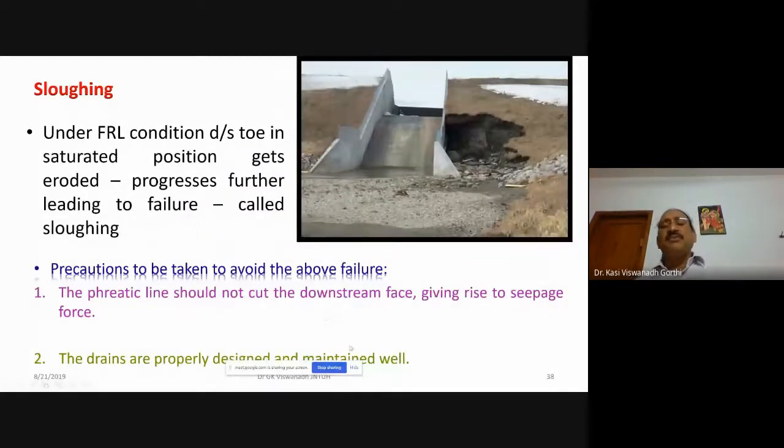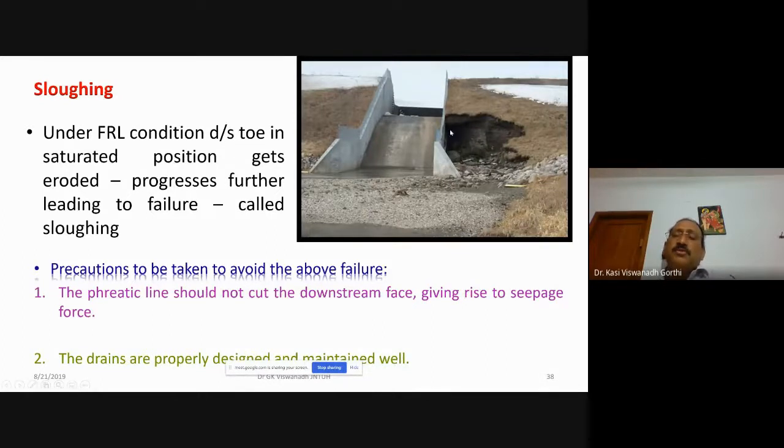The second type of seepage failure is sloughing. Under FRL condition, full reservoir level condition, the downstream toe in saturated position gets eroded. This progresses further, leading to a failure called sloughing. So what will happen? In a river, in a full reservoir level condition, the downstream toe portion will be saturated.